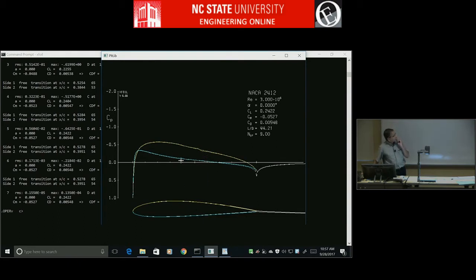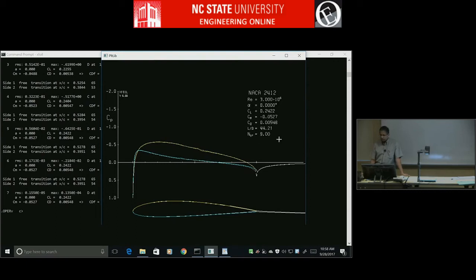The light blue line is the lower surface, and it also calculates the CP distribution in the wake, and shows you how the boundary layer thickness looks. And then it gives you all these results: angle of attack, lift coefficient, moment, drag, L over D, and